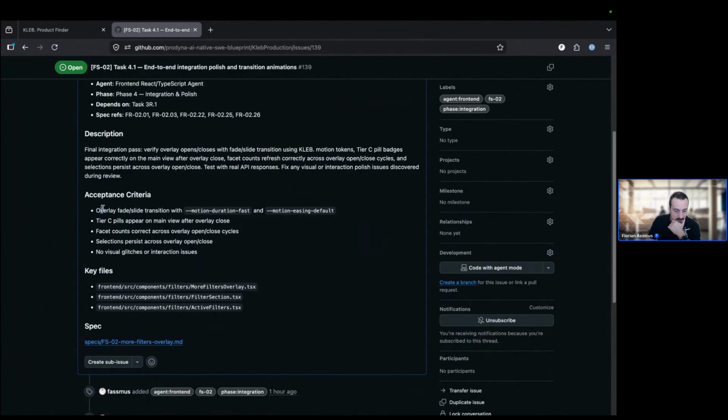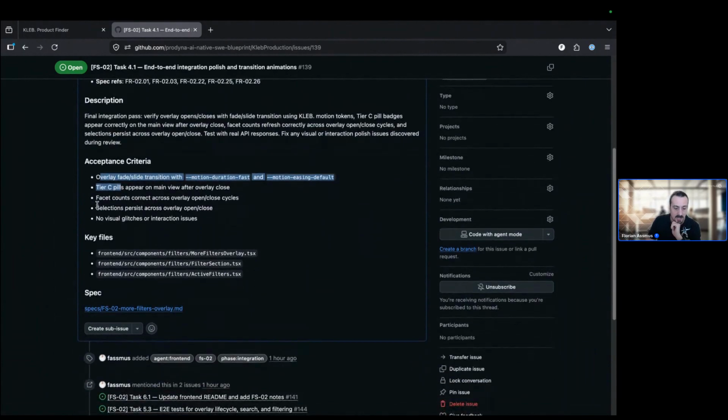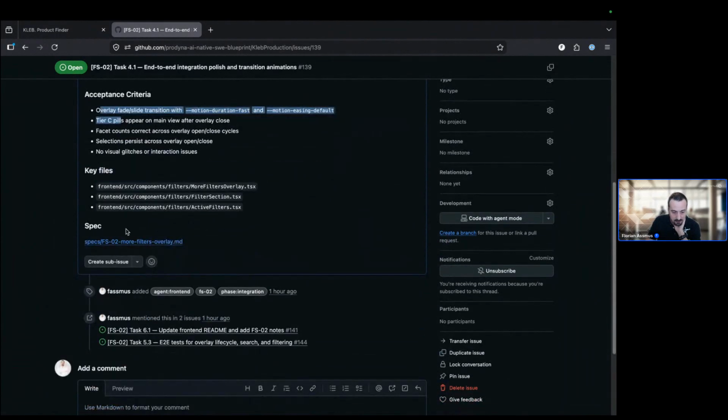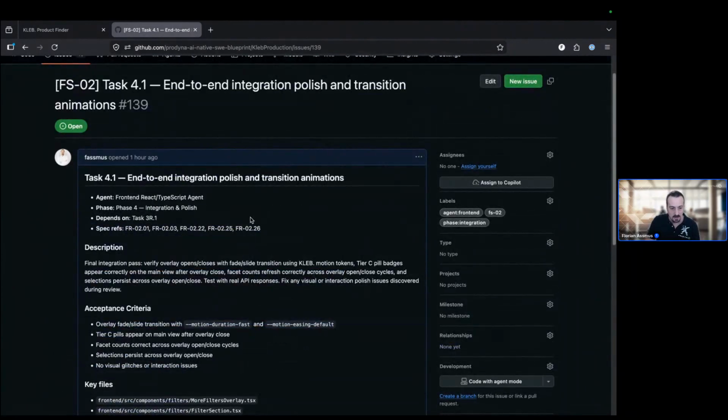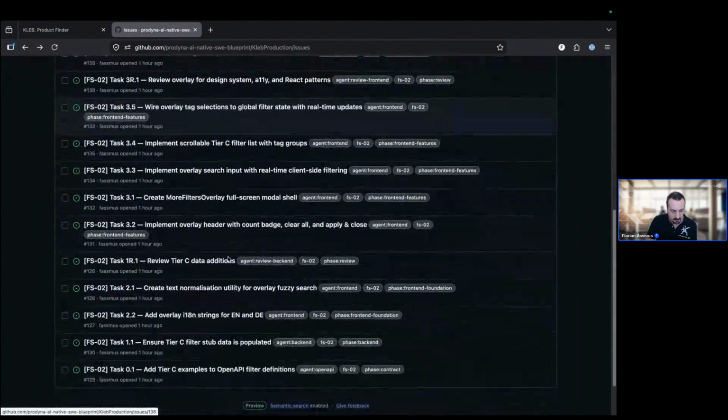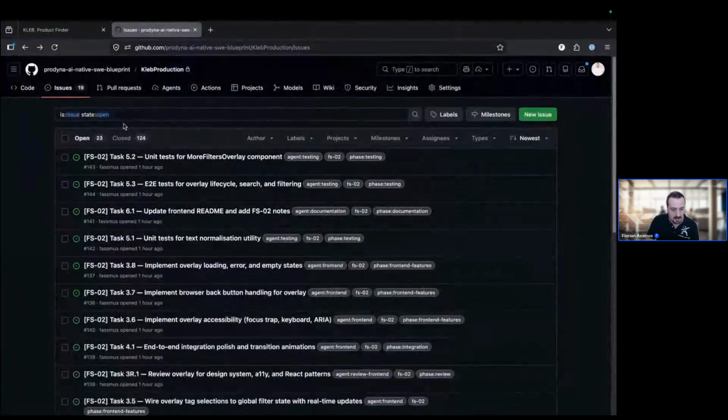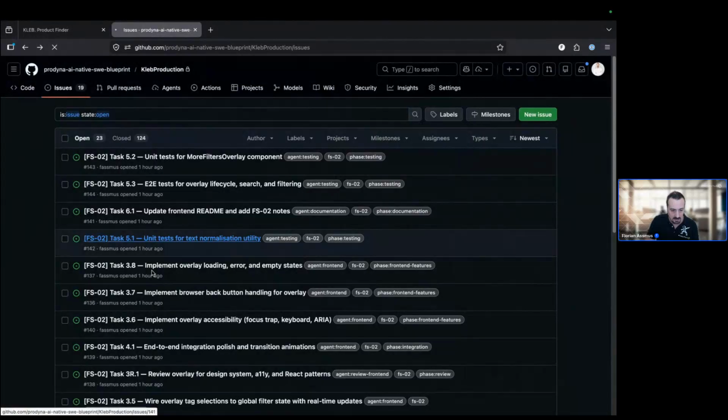What are the acceptance criteria so we can test for that? What are the key files we will be modifying? And it even cross-references the tasks that need to be done. So all of this is captured in GitHub issues, and I think we should probably now have,